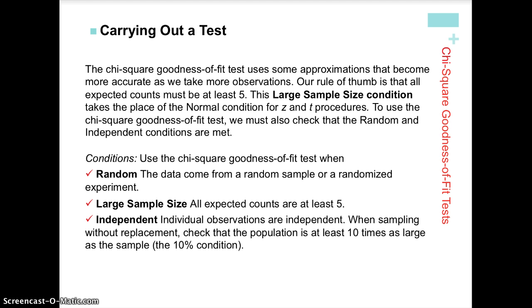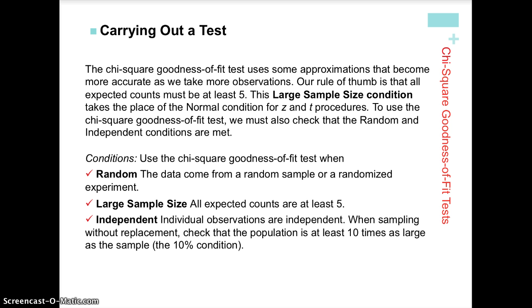So we're still going to be looking for random and independent, but instead of normal, we want to make sure that our expected values, those are the ones that we calculated, are all at least 5. So when we check our conditions, it's going to be random, what we call large sample size, and independent. Random and independent are just as they were before, but for large sample size, we're checking specifically for expected counts being